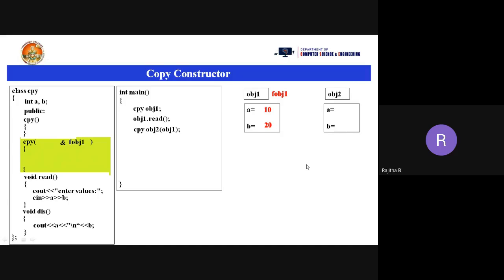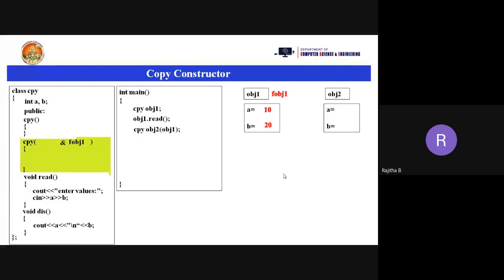It is an integer. But when I am passing obj1, what is the data type of obj1? obj1 consists of a number of values. It is not a single value. So what is the data type of an object? It is not integer. Yes, Bharadwaj, it is class.